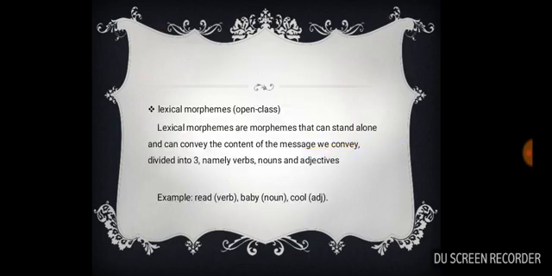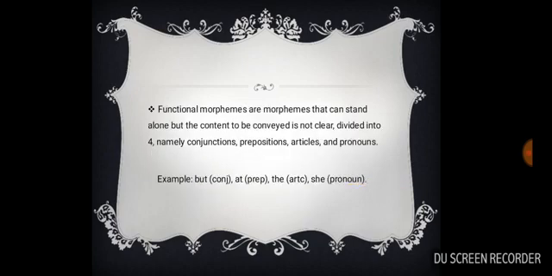Lexical morphemes are morphemes that can stand alone and can convey the content of the message we convey, divided into three, namely verb, noun, and adjective. Example: red, verb; baby, noun; cool, adjective. Then